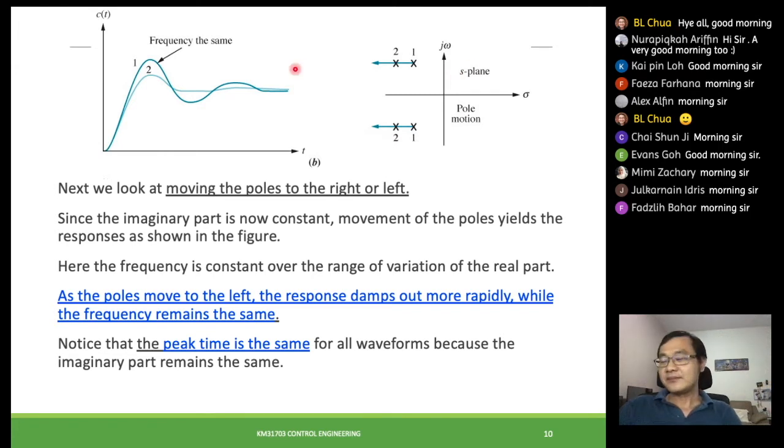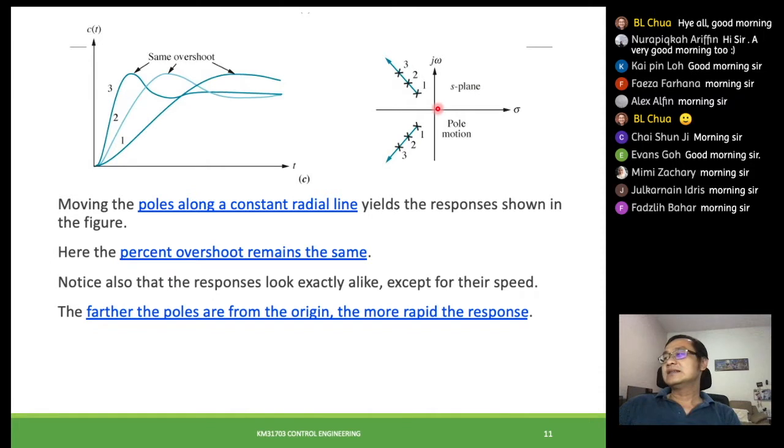Then the last change that we can see is when we shift from point 1, or pole number 1, to point number 3, we can see that it's actually moving radially away from the origin. So if we draw a radial line connecting them, and we shift along this line, what happens is that